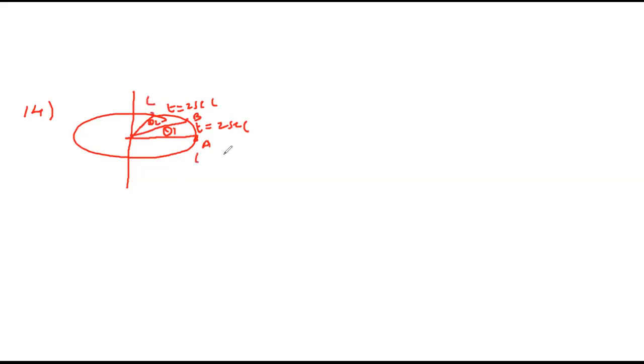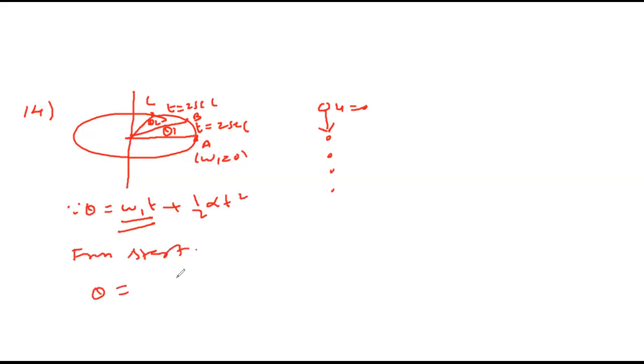But it starts from rest, no? So it is like a body dropped from height, at rest. So I will start from the beginning for both parts. With that advantage, my starting omega will become 0. So my formula will come only as half alpha t square. First, what is theta? Omega 1 t plus half alpha t square. Whenever I start from the beginning, this term will vanish. So from start, theta will become only half alpha t square.